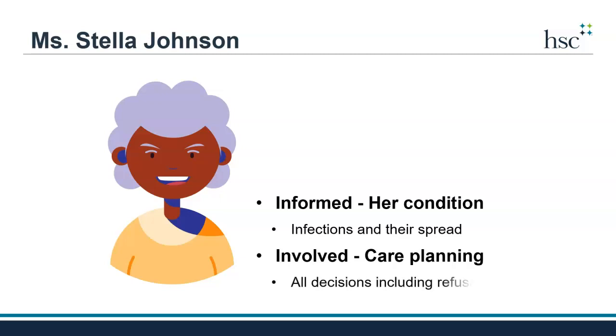Ms. Johnson also has the right to refuse any treatments, services, or care as long as those decisions do not harm other residents. For example, if Ms. Johnson was asked to be on a urinary catheter because she has issues with controlling her bladder, she can refuse the catheter. This may help keep her off antibiotics, and a facility must promote practices that can limit antibiotic use, as excessive use of antibiotics can lead to resistance in germs.